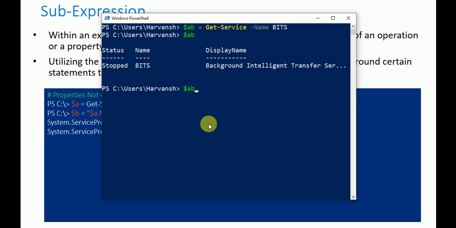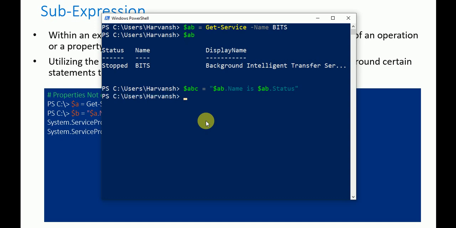Let's define $ABC equal to, and here I need the service name. So how will the service name come? $AB.Status. Actually I need the service name and the status.